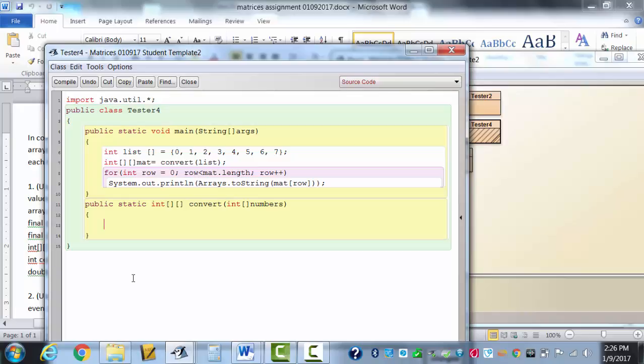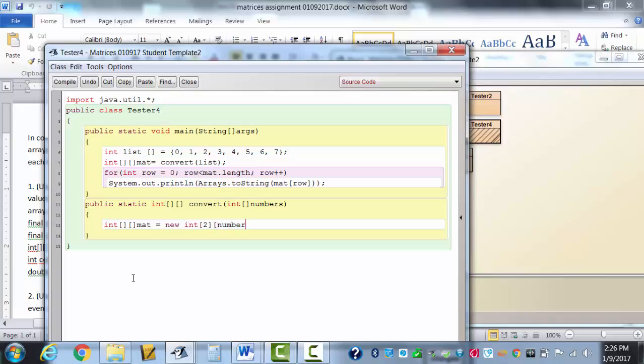So we better make a matrix. We don't have one yet to put the numbers into. We've got to make one, and it's going to have 2 rows. The directions say 2 rows. And then how many numbers in each row? That means how many columns do we need? Well,